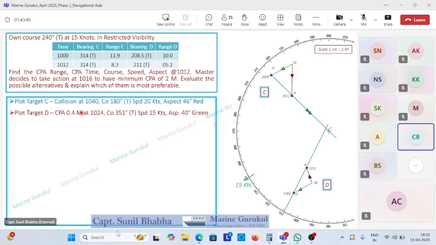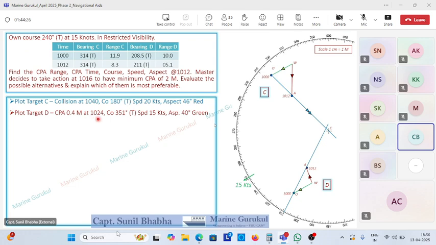But if you have a look at their TCPA, the time to closest point of approach, the TCPA for target Charlie is happening at 1040, whereas for target Delta it is happening at 1024. That is about 16 minutes before target Charlie. So since the CPA with Delta is happening 16 minutes earlier, we will take an action to have a CPA of 2 nautical miles or more for target Delta, because target Delta has the priority over target Charlie because of